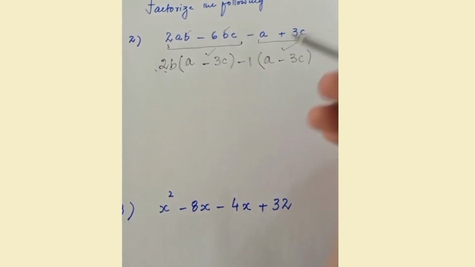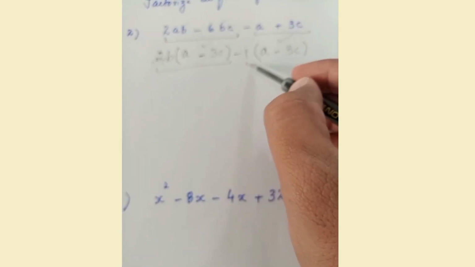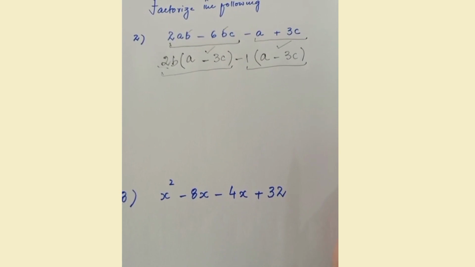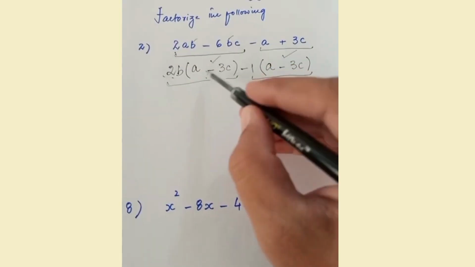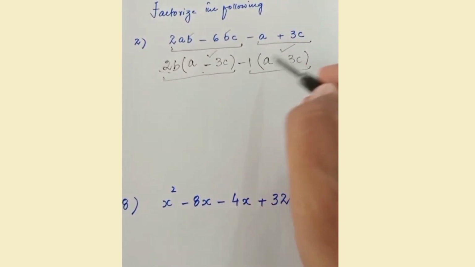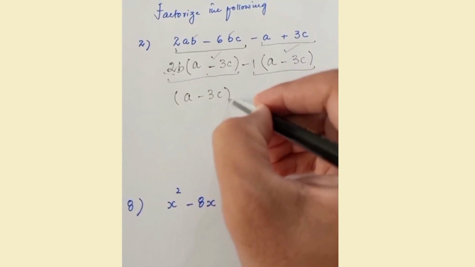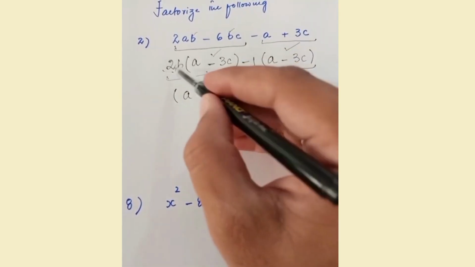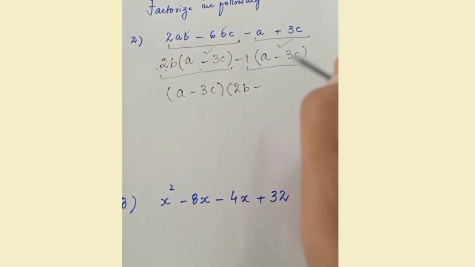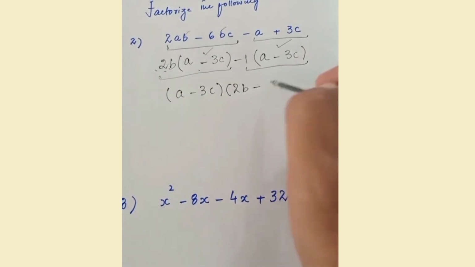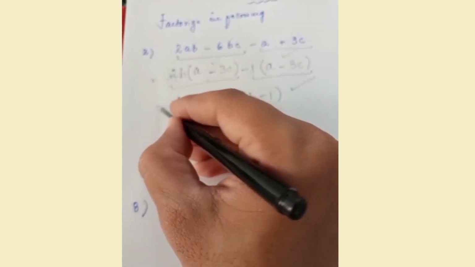The next thing is that this again will be a complete expression. Which thing is common over there? Definitely the thing within that bracket, so A minus 3C is the common element. We can just write it over there. What is left with the first? 2B. Then the minus sign; again, this was taken as common, so we are left with 1. So this will be your answer, definitely with your equal sign.